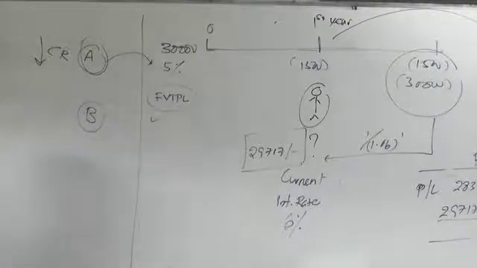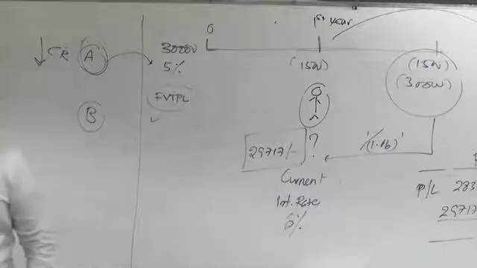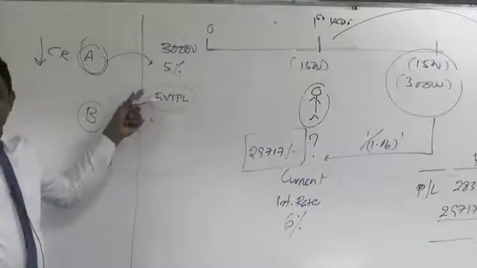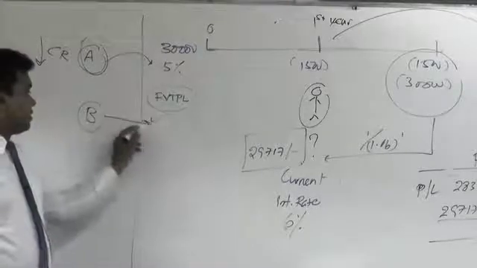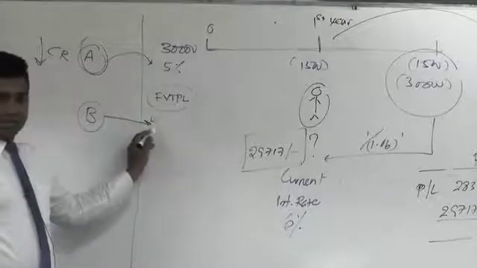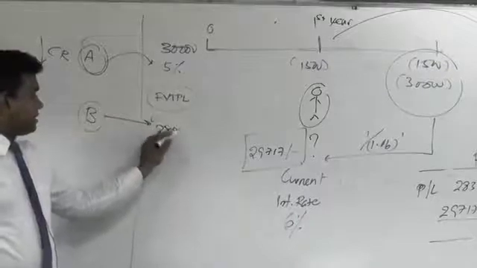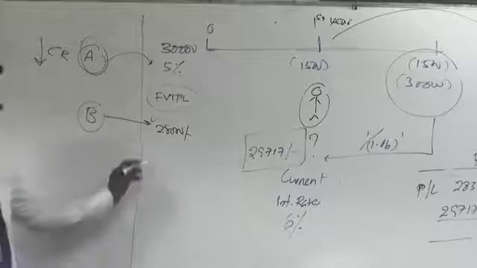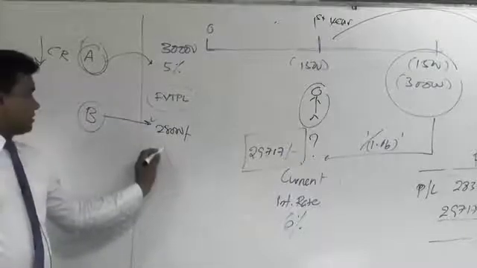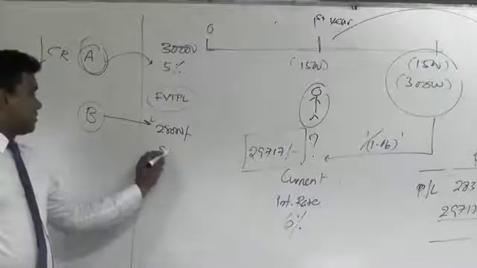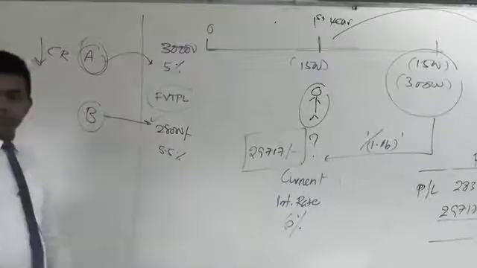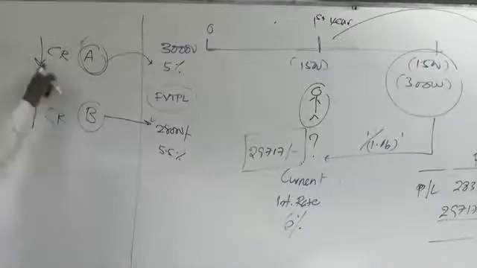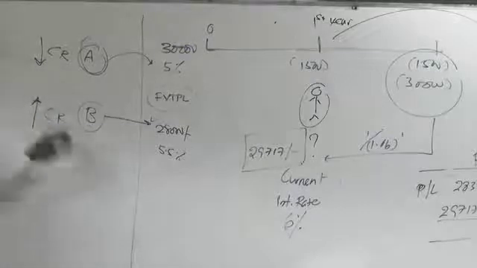But if I start a company today and issue bonds just tomorrow, will the same investor accept my conditions? No, I have to issue it at a discount price, say 28,000. I have to issue it at a discount value, and I have to pay more interest. Sometimes I have to pay 5.5% interest per annum. Why? My credit risk is a little bit higher compared to A, since I am not a famous company.